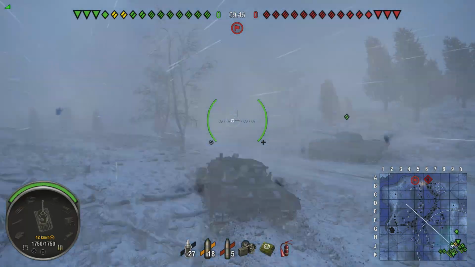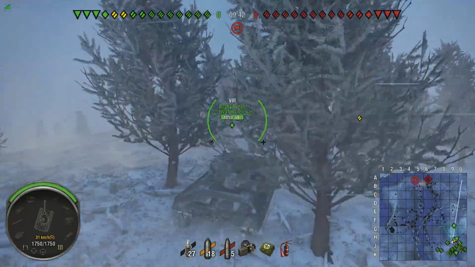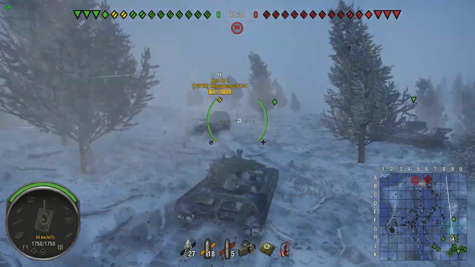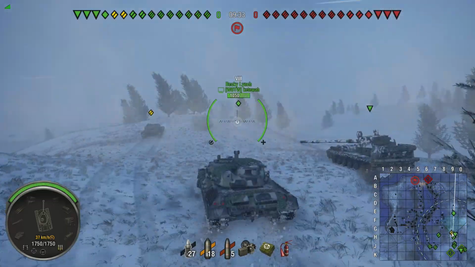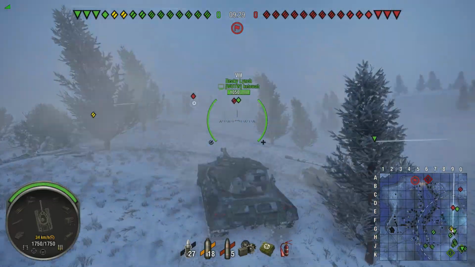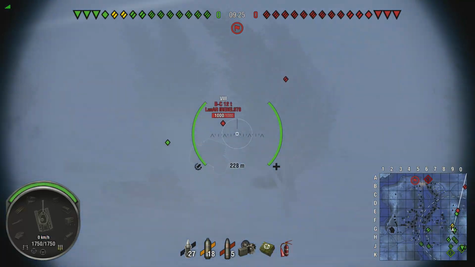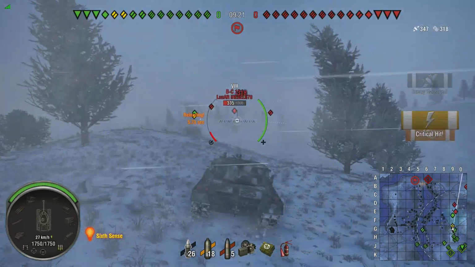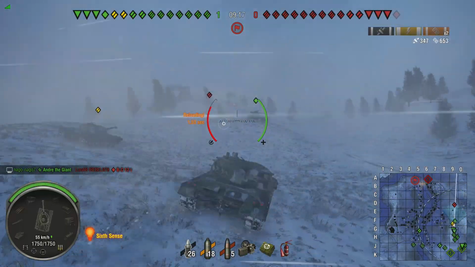Dispersion for the gun is actually phenomenal at 0.32. It might be 0.33 on console, but either way, it's a very accurate gun. Oh well, moving on. An aim time of 2 seconds and a reload time of 8 seconds. I think it's kind of nerfed on console because it's like 9 seconds or something. Let's find out. Okay, yeah, it's like 8 seconds with a rammer and